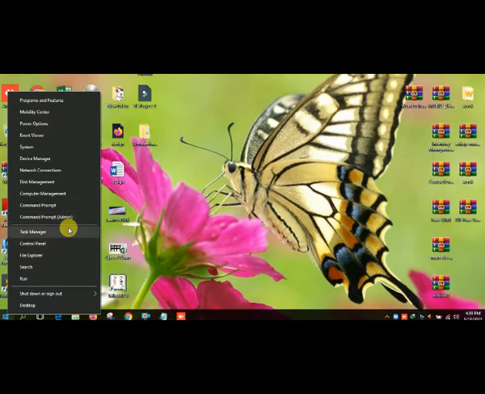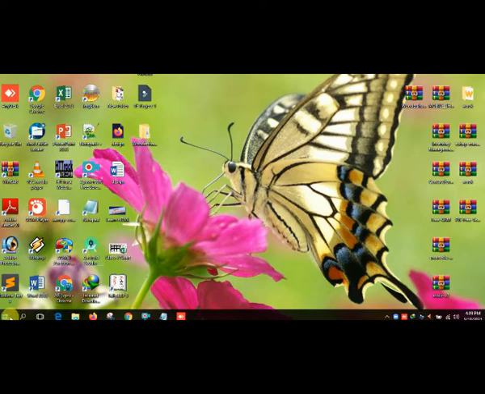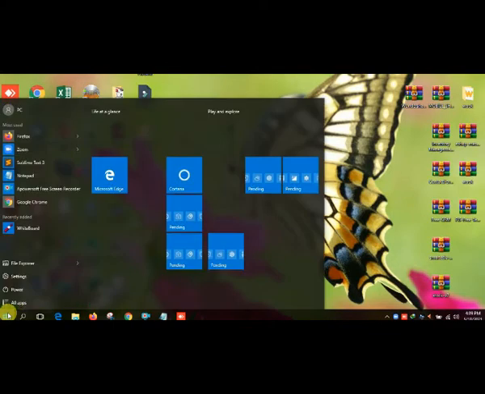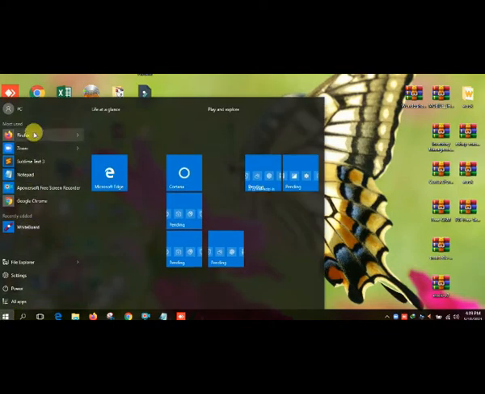But when you left click on the start button, you can see some applications shown. It displays all the applications that are present in the computer. It basically helps the user to reach the desired location.